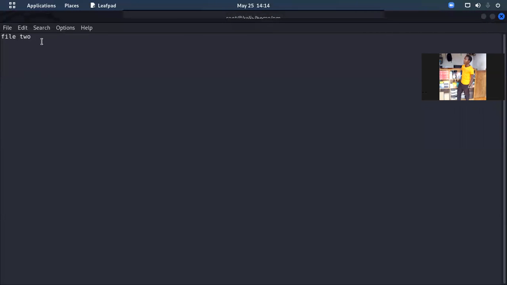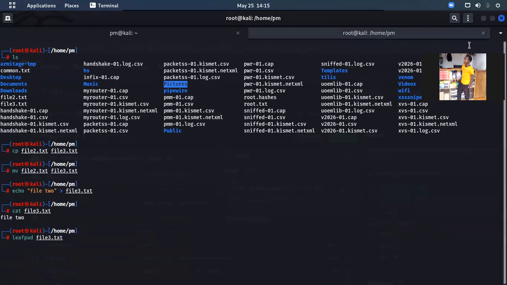So it will open it. As you can see now, you can edit. Okay, but cat does not allow you to edit. Then we also looked at some networking commands, and in some of our networking commands that we looked at were